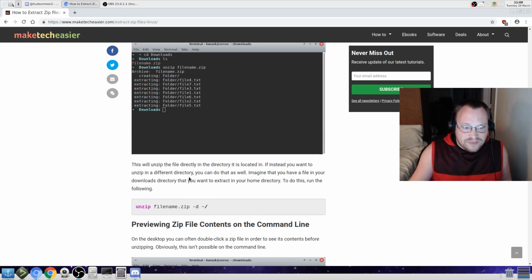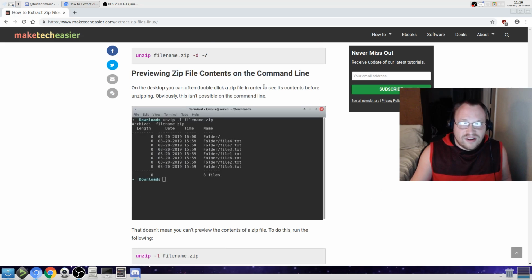This will unzip the file directly in the directory it is located in. If instead you want to unzip in a different directory, you can do that as well. Imagine that you have a file in your downloads directory and you want to extract it to your home directory. To do this, run the following: unzip filename.zip -d ~/